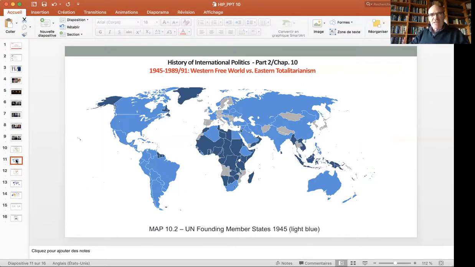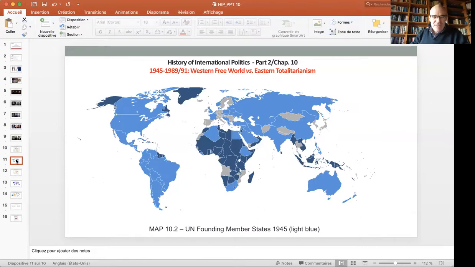A pluralist international society, and very concretely, this pluralist international society will be explicitly recognized in the UN Charter, Article 2. Article 2.1 first mentions the external dimension of the sovereignty principle. Listen to Article 2.1: the UN organization is based on the principle of the sovereign equality of all its members. No member is superior to any other member in the General Assembly.